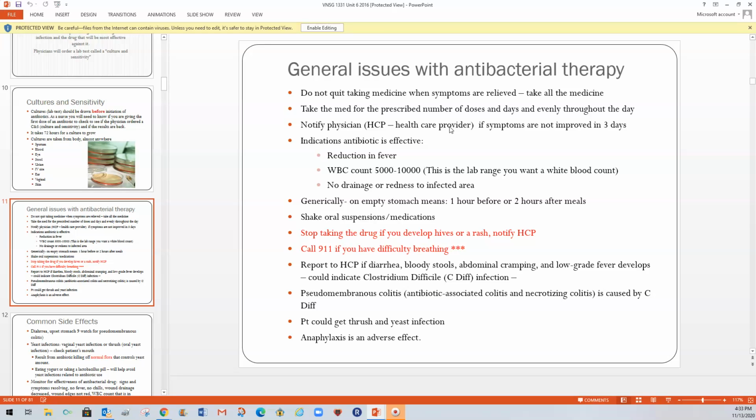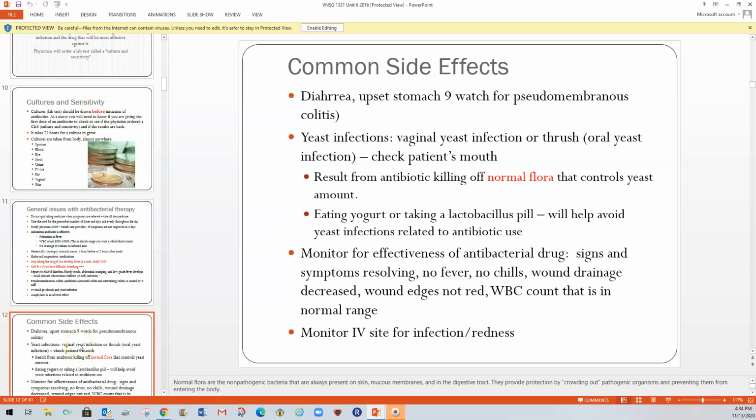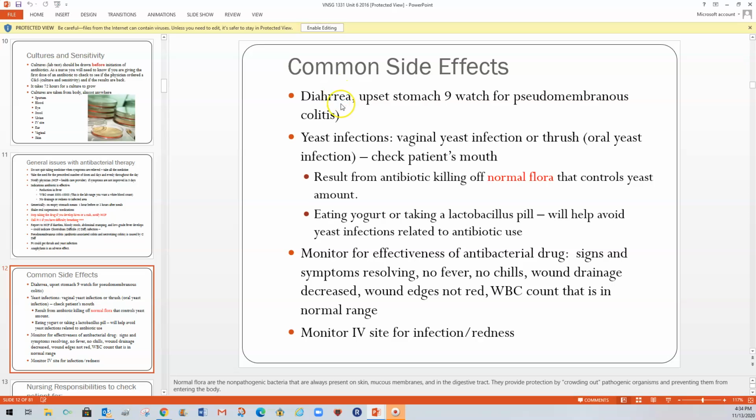Pseudomonas colitis, which is what C. diff causes, and it's a deterioration of the intestines, causes necrosis of the intestines. You can get thrush and yeast infection or anaphylaxis, and anaphylaxis, of course, is an adverse effect the patient can die of. Common side effects: diarrhea,